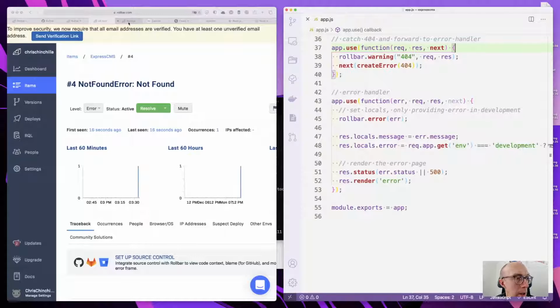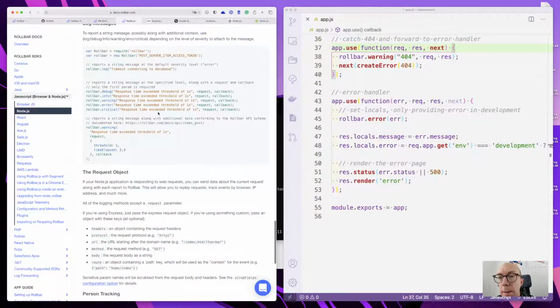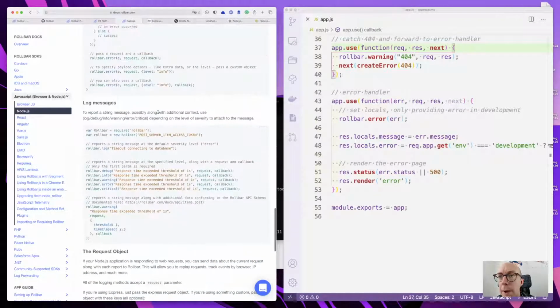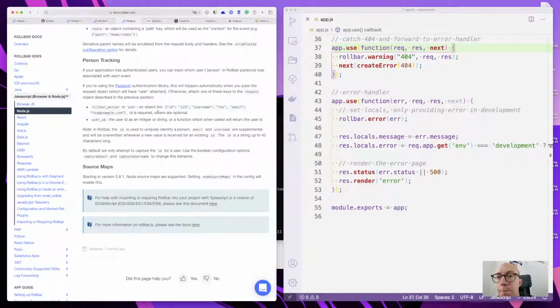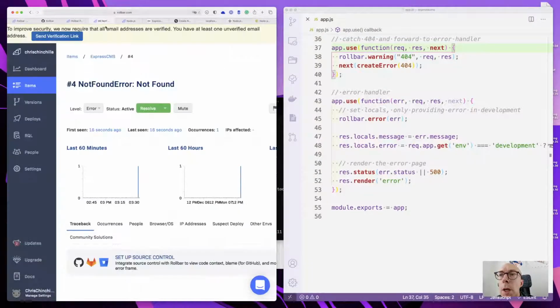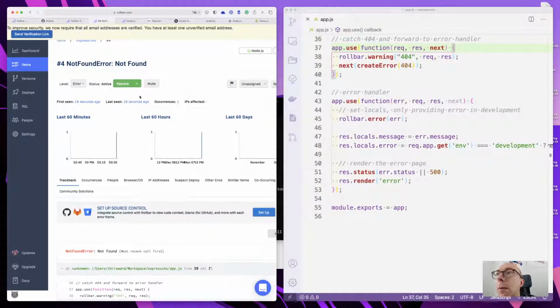Now, sort of running close to time, so let's wrap up a couple of different things here. I think we've looked at the basic log messages. We've looked at how we can actually override the default error handlers. Some of the other things that are interesting here, I might zoom out a little bit just to make it a bit more visible. This source control,